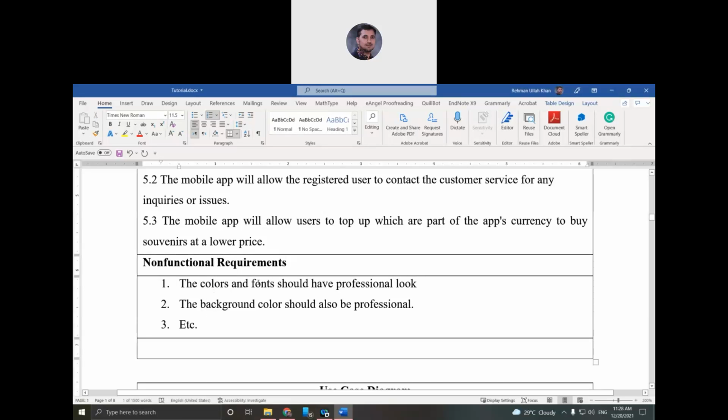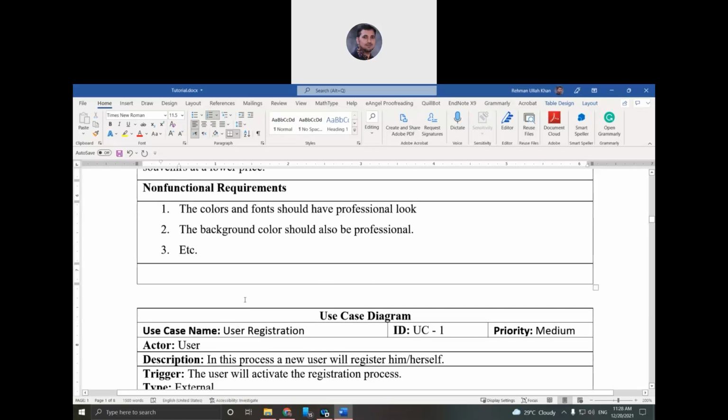Like color and fonts, and the background color and so on. In this way, if you think of other things which are not functional but must be included in the project, you can put those requirements in a non-functional requirement.